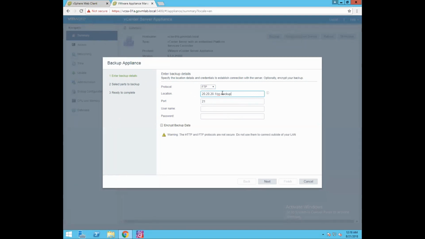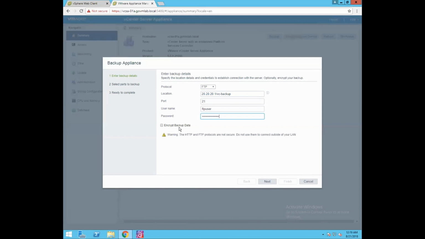This is the folder which I have created for storing all of my vCenter Server data, and we are going to use FTP as the protocol for backing up all this data over the network. Now give an FTP user. The port is 21, which is used by the FTP protocol. Give the username, FTP user, and the password of your FTP user.